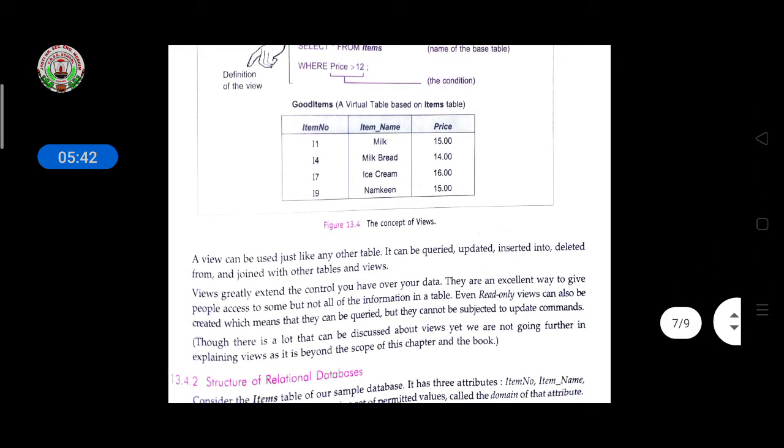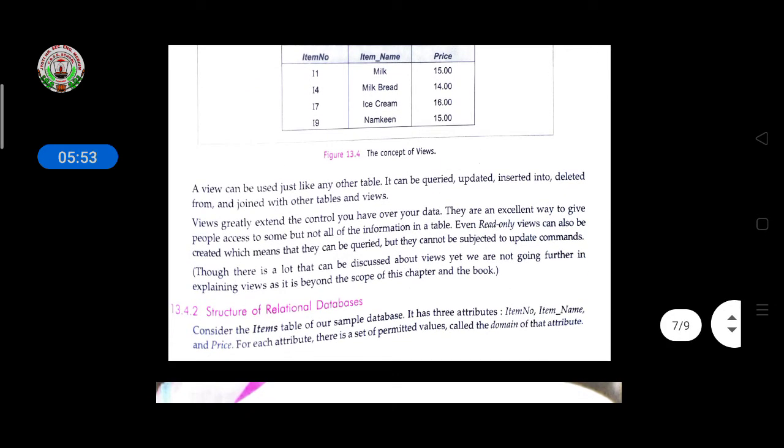A view can be used just like any other table. It can be queried, updated, inserted into, deleted from, and joined with other tables and views. So views greatly extend the control you have over your data. They are an excellent way to give people access to some but not all of the information in a table.